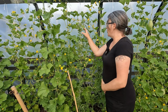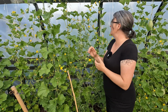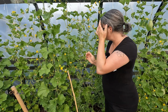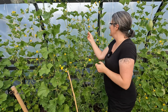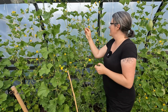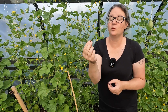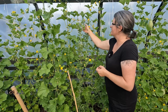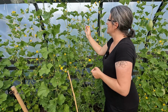Now you can see here, one of the varieties that we've got going on is the Sugar Baby Watermelon. I've had a few issues with this one this year, and I think last year I had similar issues, as in with the pollination and the setting of the fruit. I've had a lot of flowers that have just dried off and not been pollinated, or for whatever reason it's been aborted. But I have, in the last couple of days, some half decent melons on here, which I'm actually really